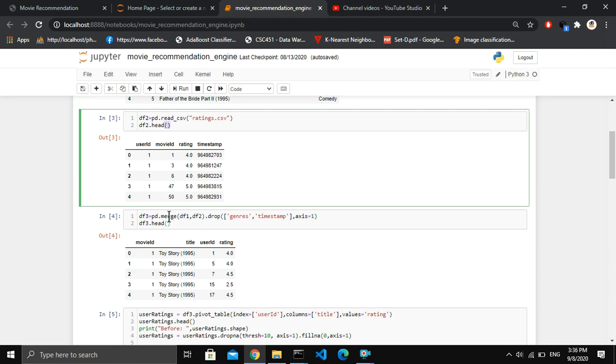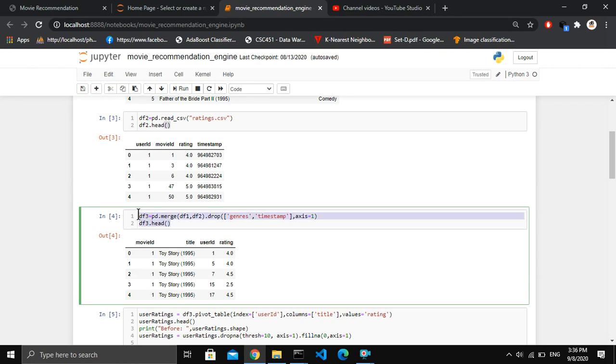And this line of code merges the data frames df1 and df2. After merging df1 and df2, it drops the features genres and timestamp. Here, axis=1 indicates it is the feature. Feature means columns. After dropping genres and timestamp, my data frame looks like this, which has the features movie ID, titles, user ID, and